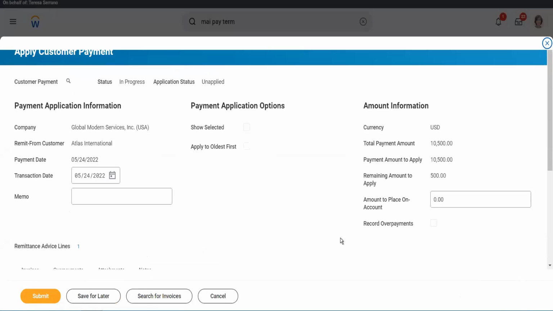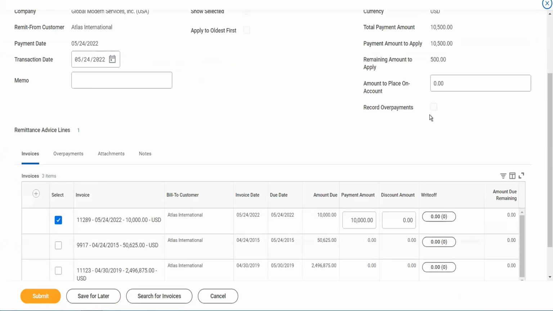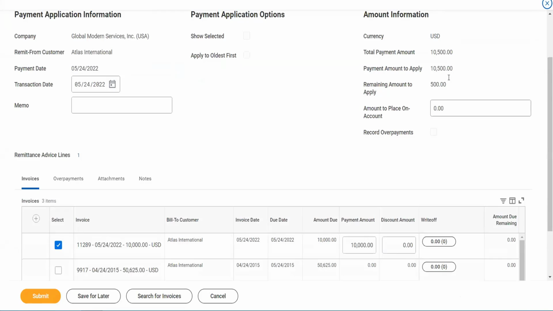Now the system will tell you that there's an extra $500 remaining amount to apply because the invoice is for 10,000 only, but you got the check for 10,500. So there is a $500 extra. So what do you want to do? You can say I'm putting it on account. So if I submit here,